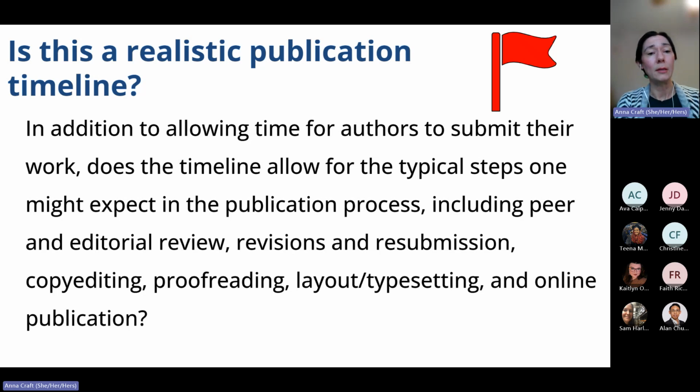Then once it's accepted, copy editing, proofreading, layout or typesetting, and publication. Generally, with online journals, well, any journal, things tend to go more toward taking a long time than happening too quickly. But with predatory journals, we will see some really unrealistic timelines.